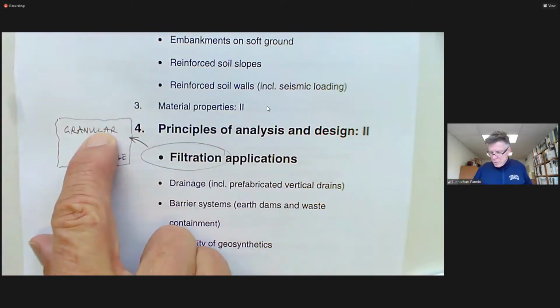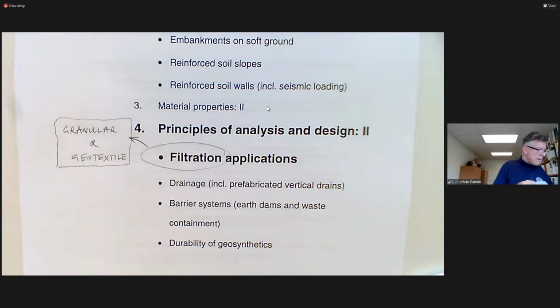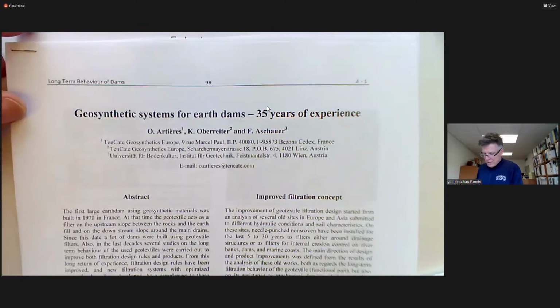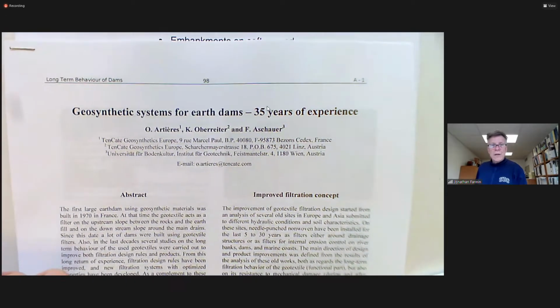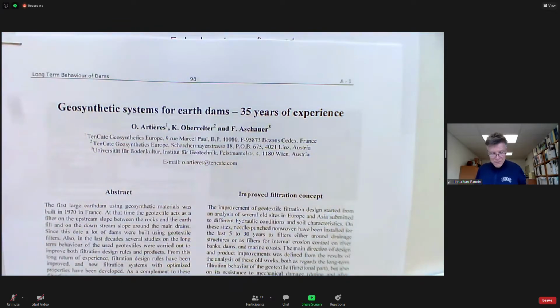So I don't want it to make it sound like it's granular or geotextile. That very nicely articulated the concept of a geotextile filter as an adjunct to a dam. And I say that because there are articles written, I've pulled up one or two here: Geosynthetic Systems for Earth Dams, 35 years of experience,